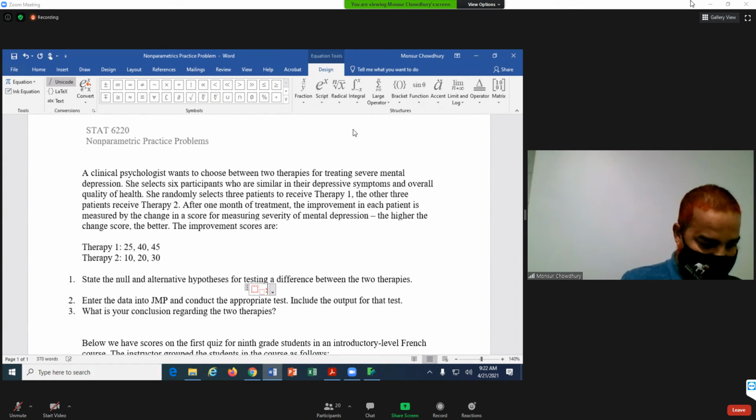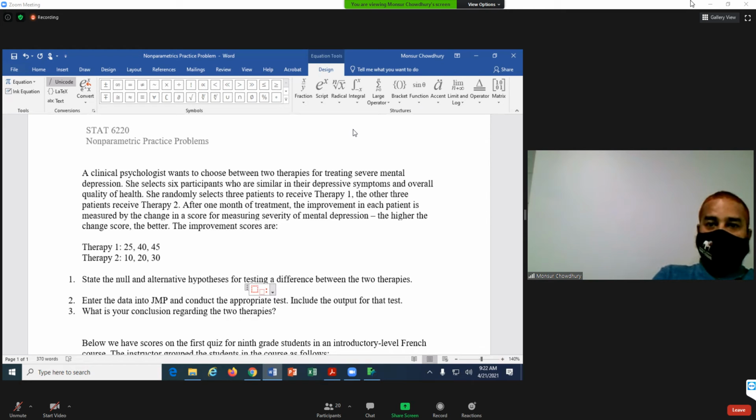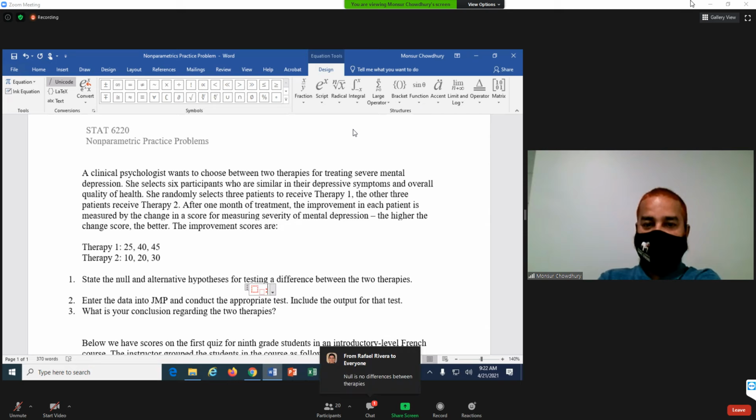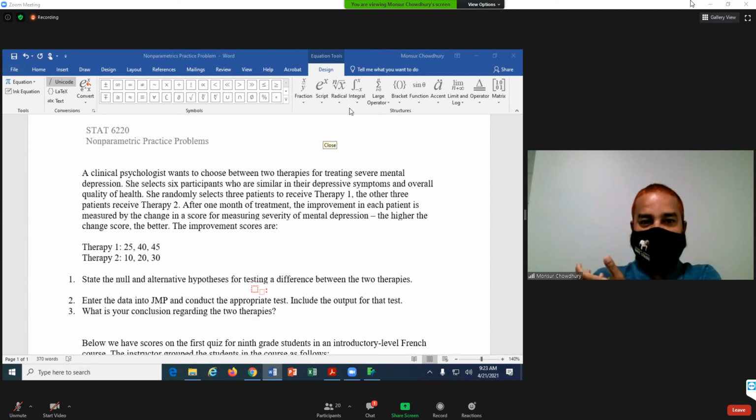First of all, we need to know whether we are doing independent samples or dependent samples. No difference between the therapies? No, that cannot be just that, because in the non-parametric test we are looking at the difference between what?